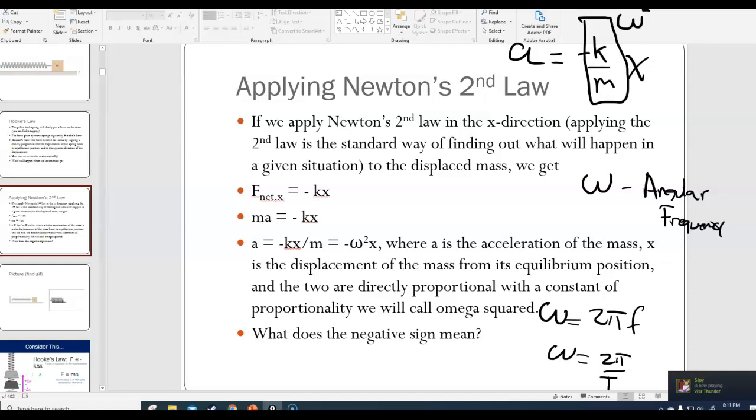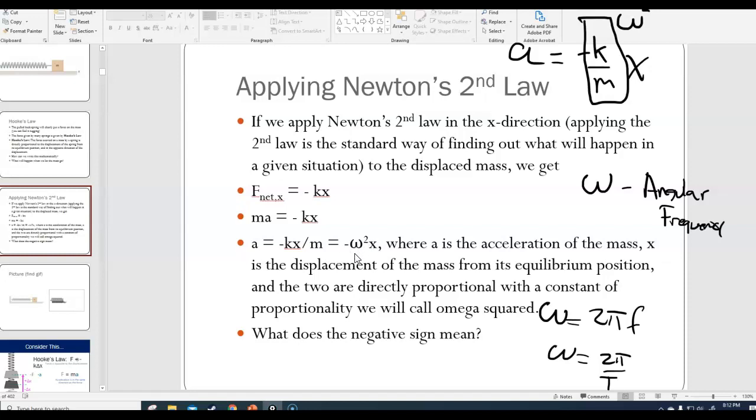All right, and basically the only reason he did this is to make the constant come out nicely when you apply the calculus and you take the second derivative of the position function, just to make everything come out nicely. You don't need to know calculus for this class, so it's not that crucial that you understand the calculus behind all of that, but be on the lookout for understanding that this constant is often written as omega